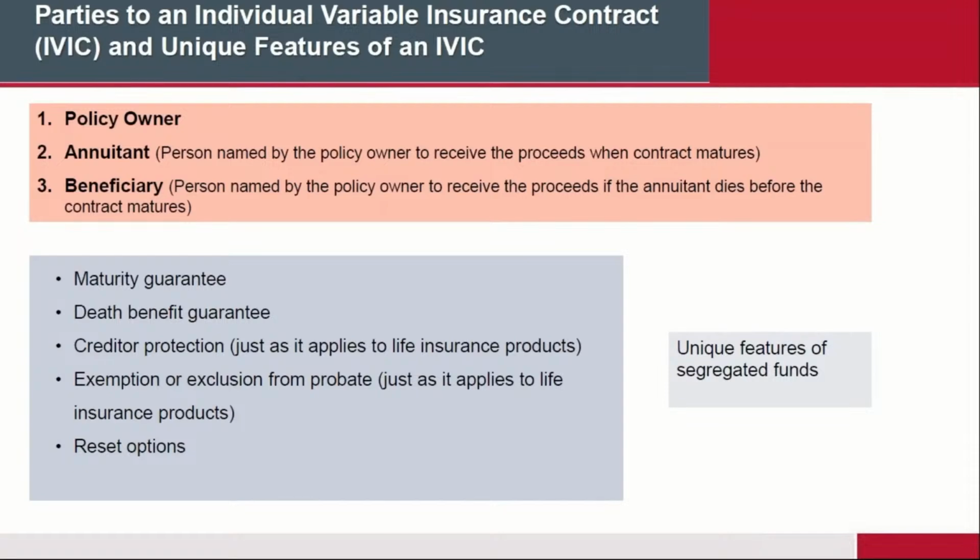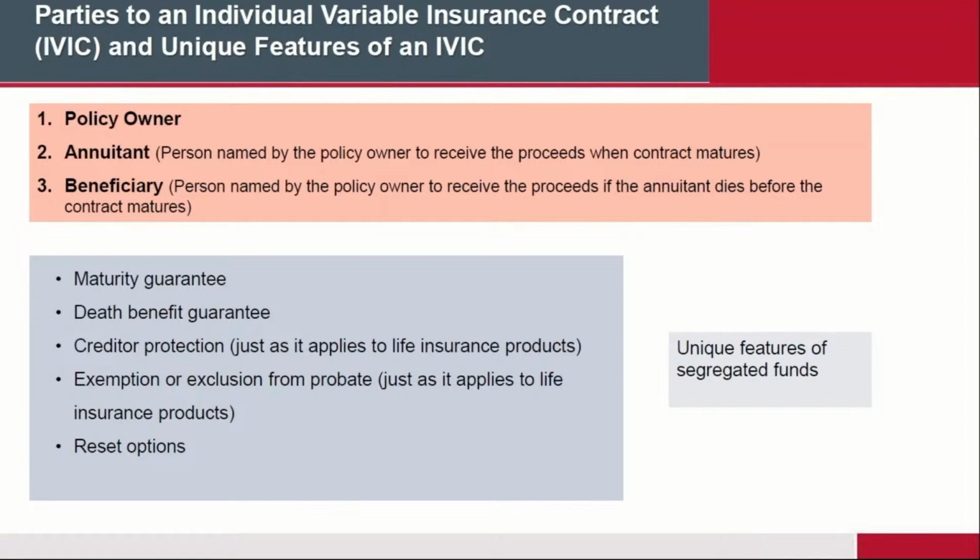So it's very similar to what we talked about with life insurance. This is essentially personal insurance and third-party insurance, the same idea. When the policy owner and the annuitant are the same, it's a personal annuity. When the policy owner and the annuitant are different, it's a third-party annuity. Same as life insurance. And of course, the beneficiary is the person who receives the proceeds in the event that the annuitant dies. So the beneficiary is the same as we have on life insurance. Who gets the money if the annuitant actually dies?